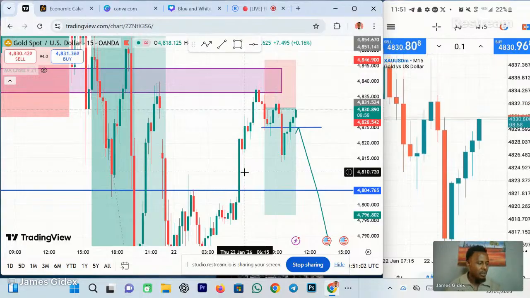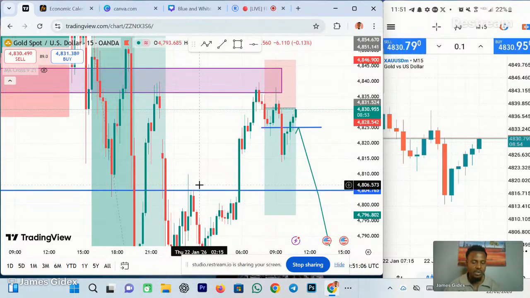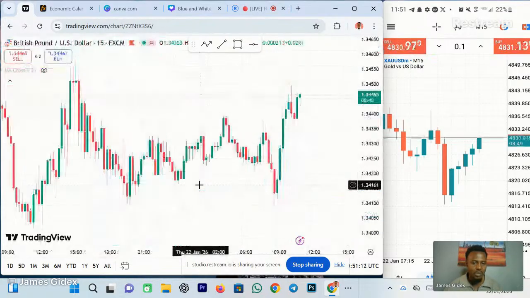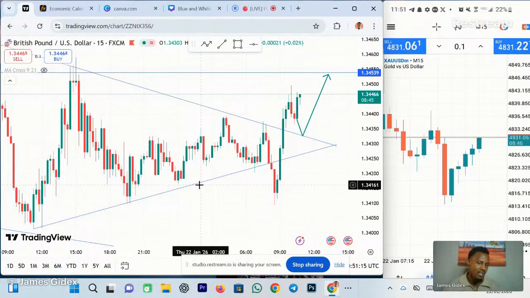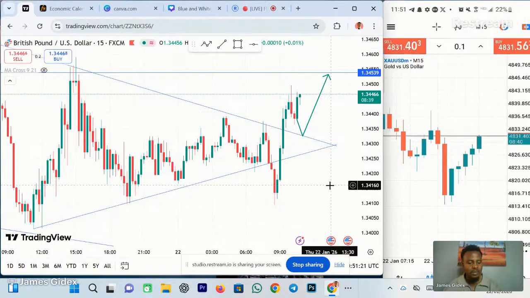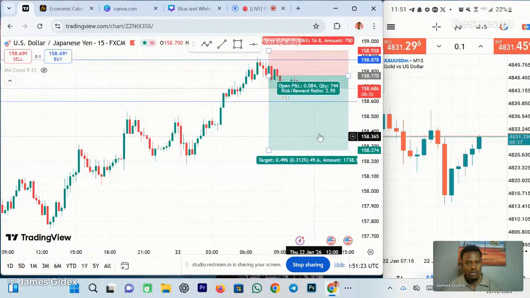Now, we should still wait and prepare for another position right here. So we are still going. Let's check other currency pairs and see if we can get a clear position. We can enter. That is a trade that has been expected. GBP USD right here. Okay, and let's look for a trade.